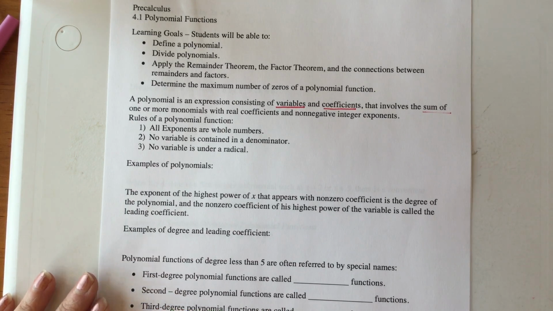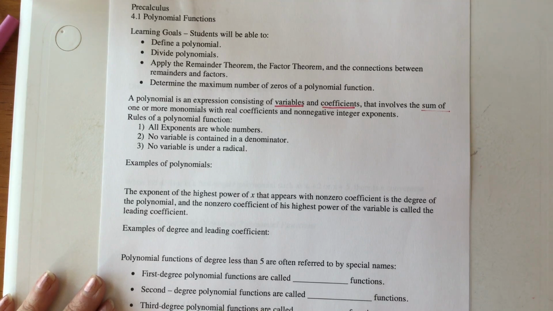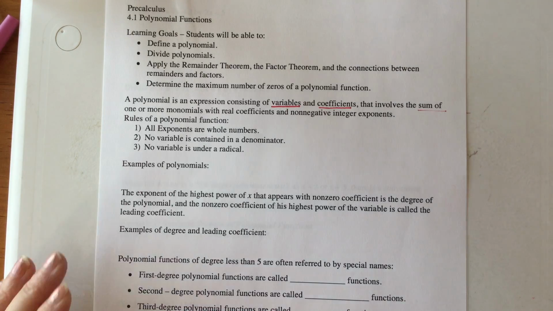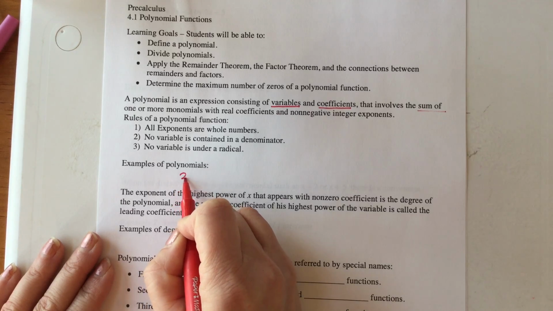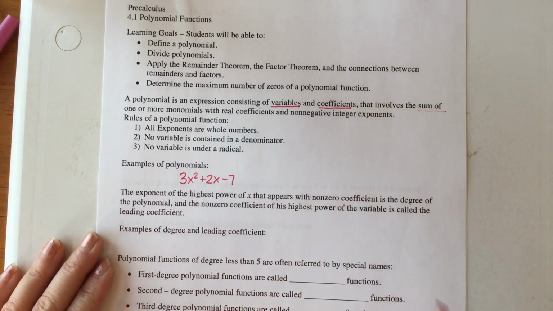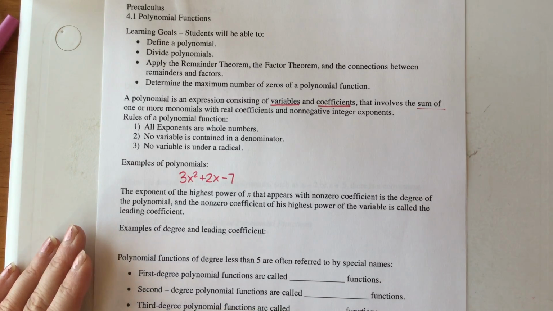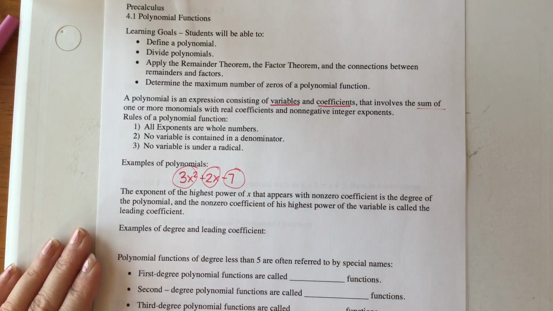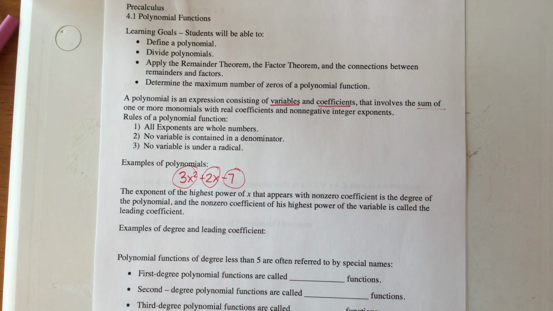Now, I know that sounds kind of confusing, okay? But the big picture is you have been working with polynomials pretty much all year. They just did not give it that specific name. Like examples of polynomials: 3x squared plus 2x minus 7. That is a polynomial. This is a monomial, this is a monomial, this is a monomial, and they're combined through